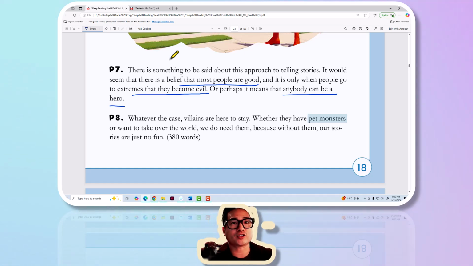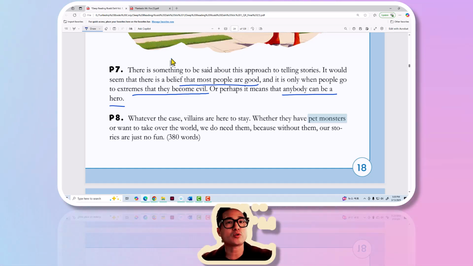It's too much. And so this passage is talking about that when someone wants too much or they do too much, then it can cause them to become bad, right? Just like eating too much junk food or too much candy can be bad for your body, so can wanting too much or doing too much become bad for your mind or your heart, and hopefully it doesn't make you into a bad guy, but in stories it often does. Okay? Now, let's go to the last paragraph.